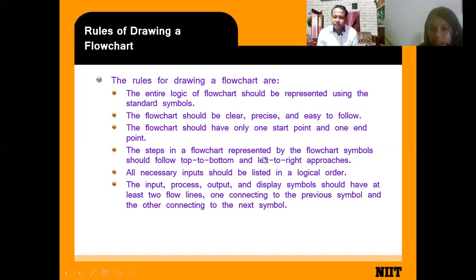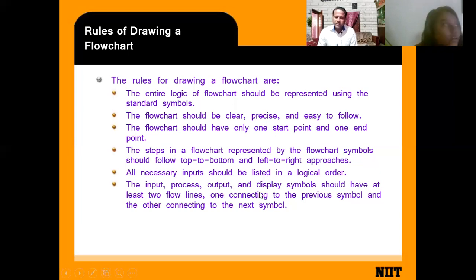The steps in the flowchart are represented by flowchart symbols, whether input box, output box, or starting and ending. The necessary input should be listed in a logical order.